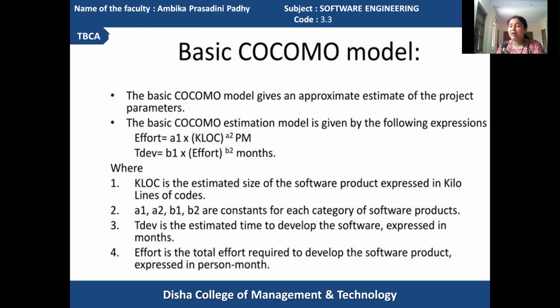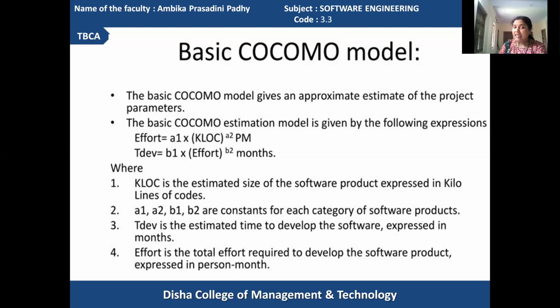According to the category identified, the A1, A2, B1, B2 constant values can be different. The constant values are given based upon previous software development knowledge: what software products required such values, and based upon that, these values are applied here. Got it? It also changes according to the category. So what are the values of A1, A2? According to the categories, in the subsequent points we will discuss.